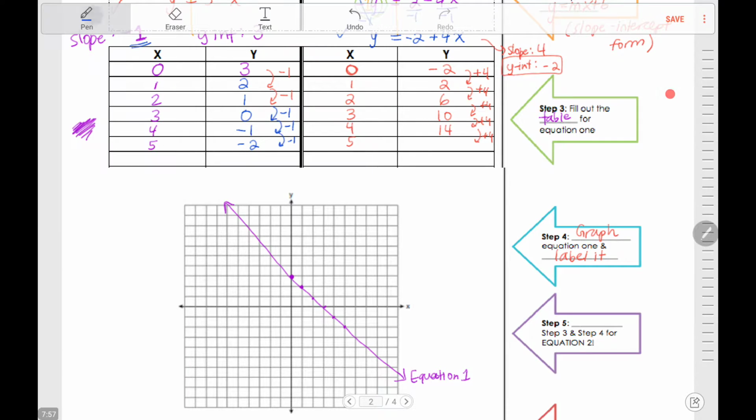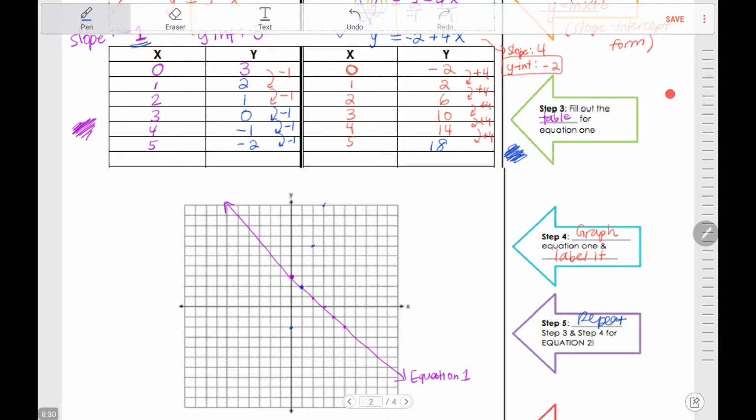And step 5 is just to repeat these steps. I already filled out the table, so oops, I forgot to fill out this one. 5, 18, because we're adding by 4. Now I'm going to graph my equation 2, and I'm going to graph that one in blue. Okay, so 0, -2, 1, 2, 2, 6, 3,